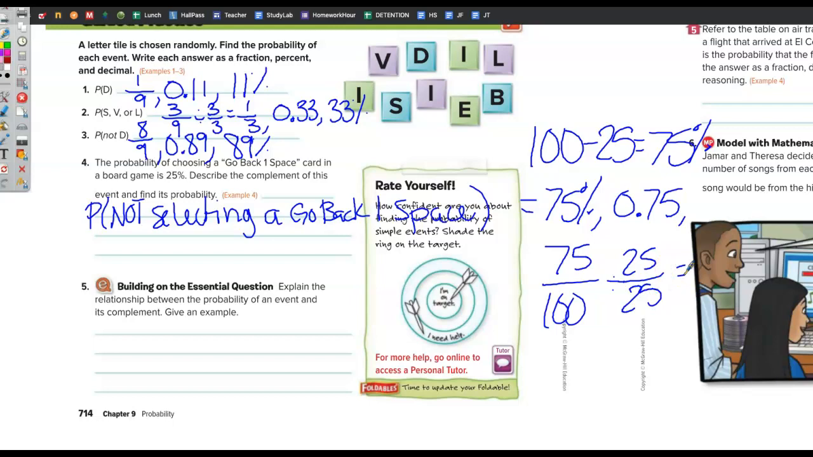If you have 75 cents, how many quarters is that? 3. 3 over, if you have $1, how many quarters is that? 4. So your simplified fraction would be 3/4. Your percent and decimal are up above. Questions about any of those? No. So can we do it like that 2 ways, or do we have to do it all in one problem? That was all one problem. Okay, all right, what you're going to do next